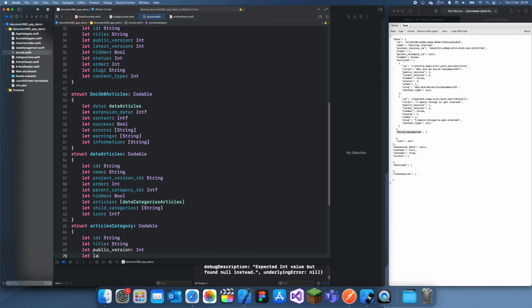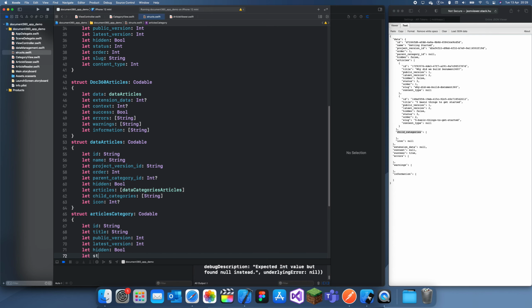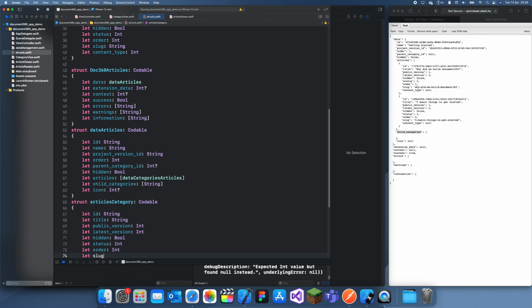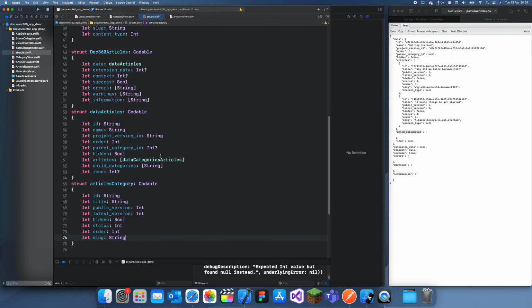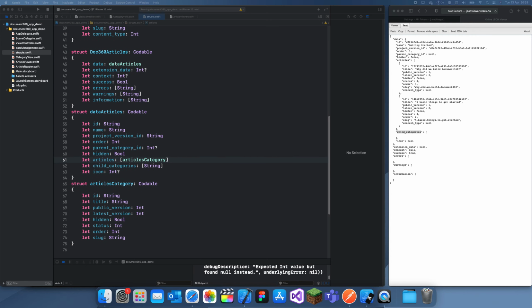Let latest version, this is an int. Let hidden, Bool. Let status, Int. Let order, Int. Let slug, String. Okay. And now I can just change this to this,